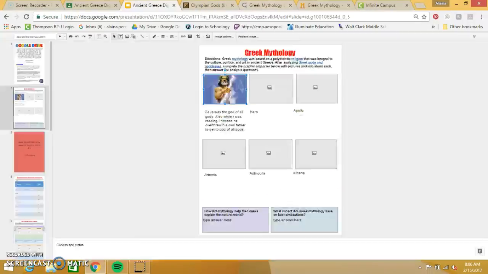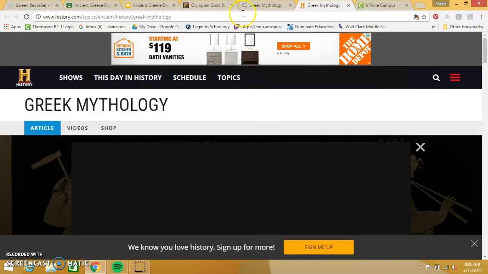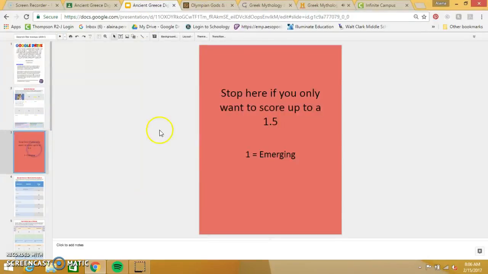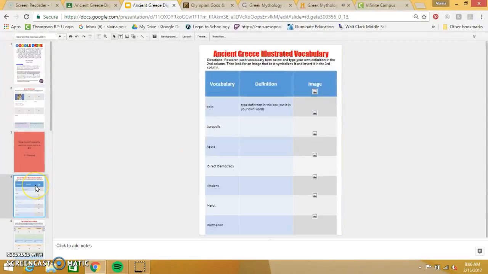So if we look, these two questions: how did mythology help the Greeks explain the natural world? And what impact did Greek mythology have on later civilizations? I think you can find those answers in this one. Okay, so if you complete this one, you can stop here if you only want to score up to a 1.5. If you want a higher score, you're going to move on to the next one, which is